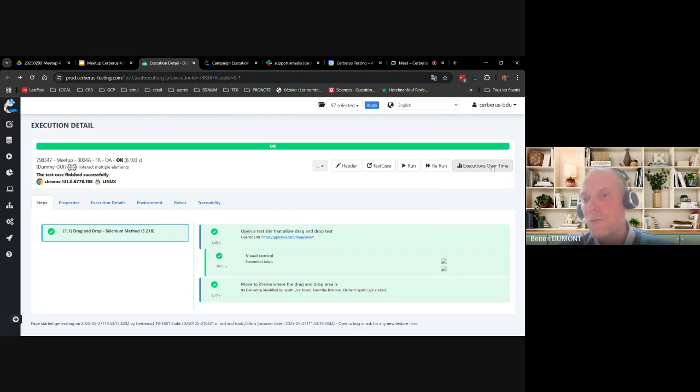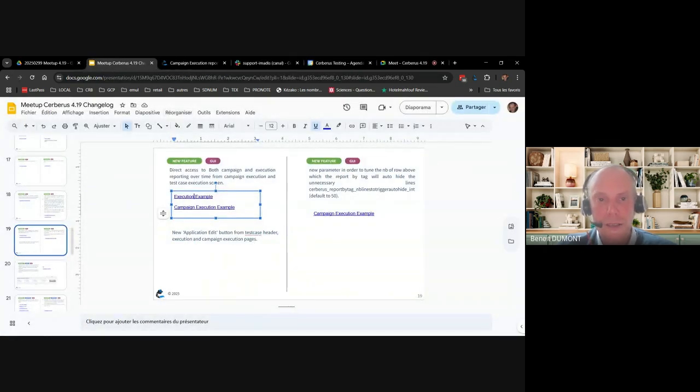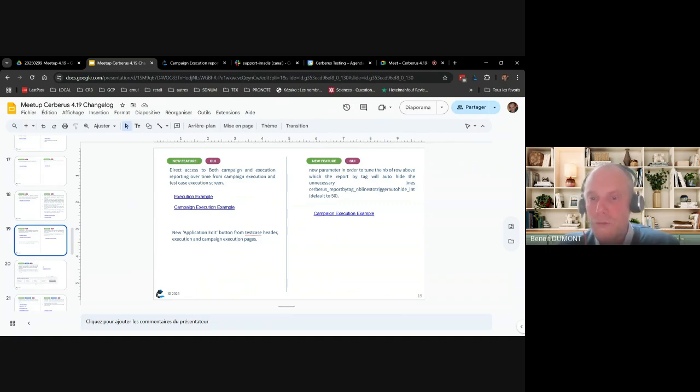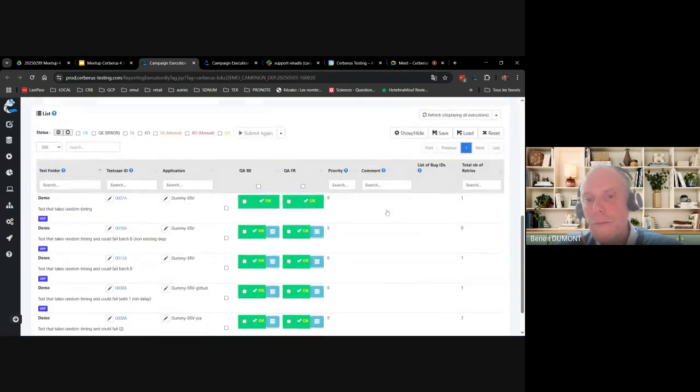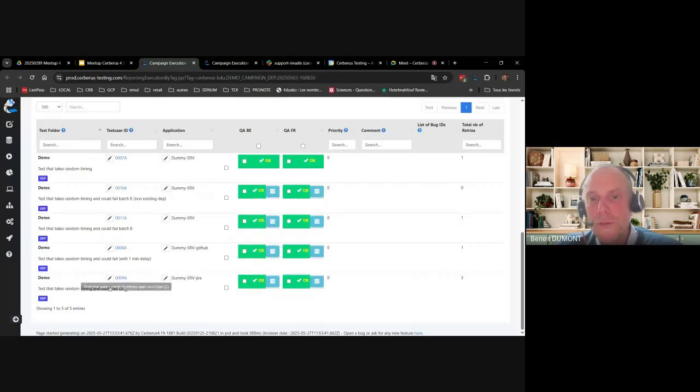We put it there because it's quite convenient to see the history of an execution when analyzing it. And the same thing exists at the campaign execution, where we've made direct links to consult the history of the execution.